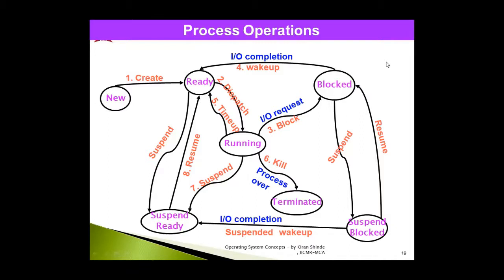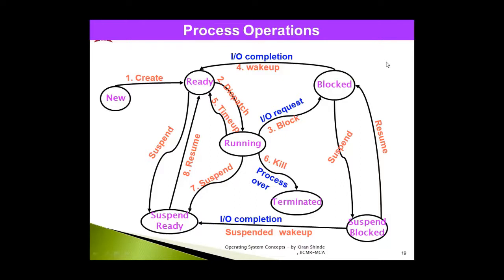So let us start with the first, that is create. Create is the first operation which is performed when a new process is created in a new state. If you see serial number 2, that is dispatch, and it is shown across the ready state. We have understood that when a process is ready to be executed by the CPU, or it is waiting for CPU time and it is ready with the required resources, then this second operation will be performed, that is dispatch. It means that particular process will be dispatched to the CPU so that it changes its state from ready to running.